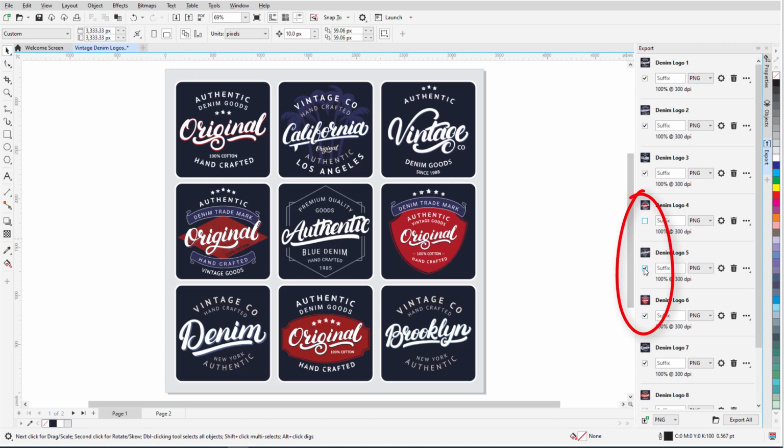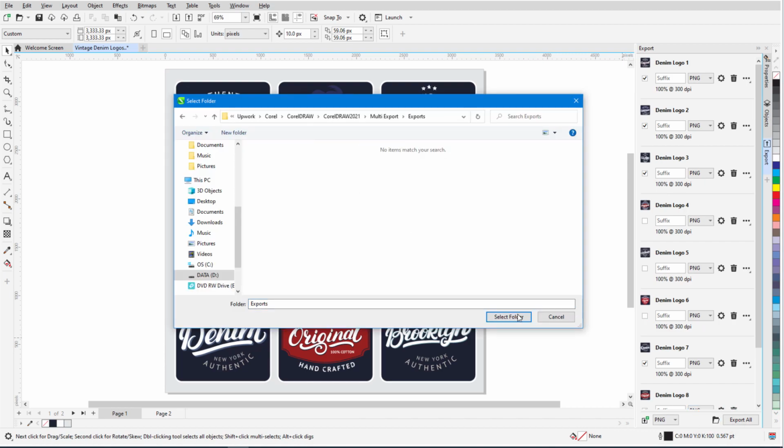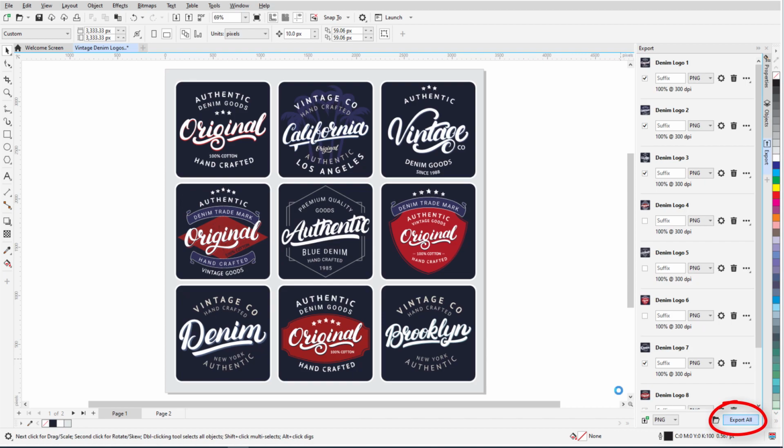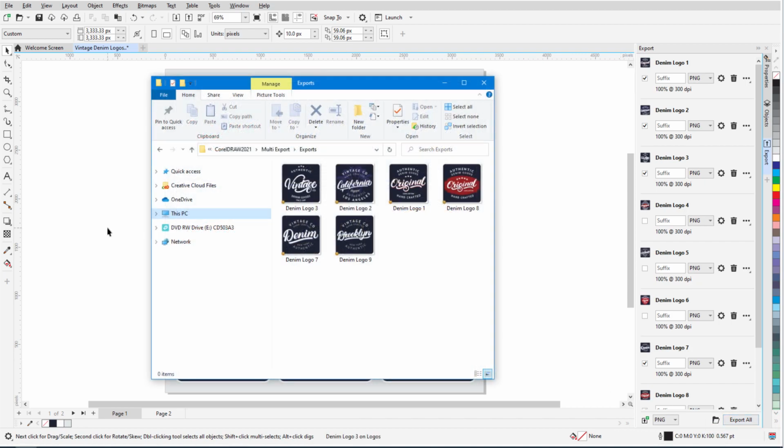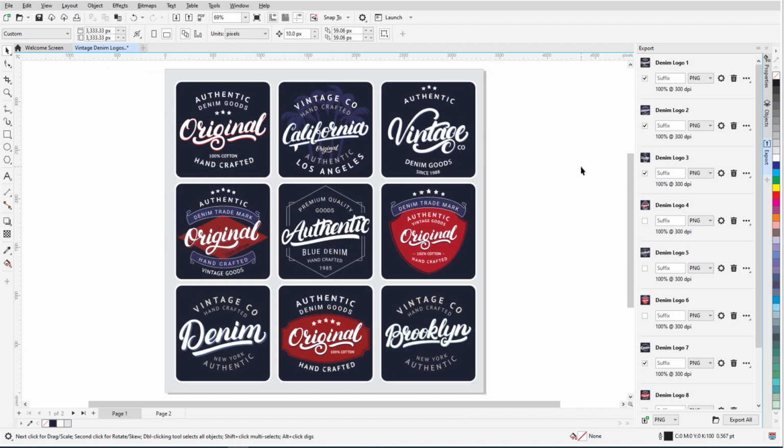I can uncheck anything I don't need exported. I'll click the Destination folder icon to set where the new files will be placed, then click Export All. In the Destination folder, I now have a file for each object I selected for export, with file names that match object names. That was a simple example, but now let's look at exporting multiple versions of each object.